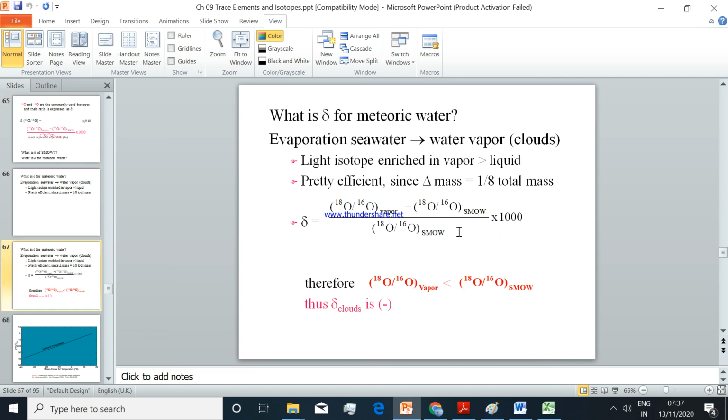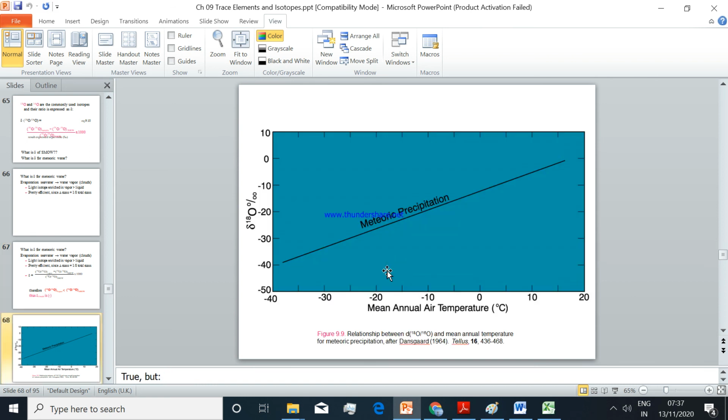Separate reservoirs or separate types of mass fractionations can give us different del values for different sources